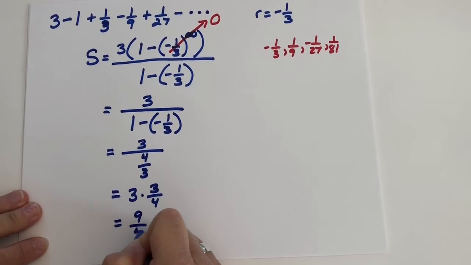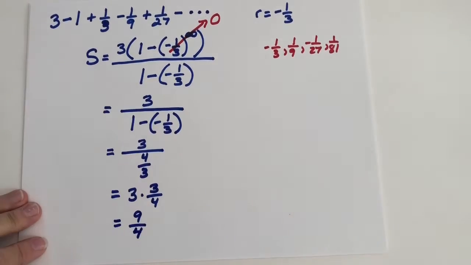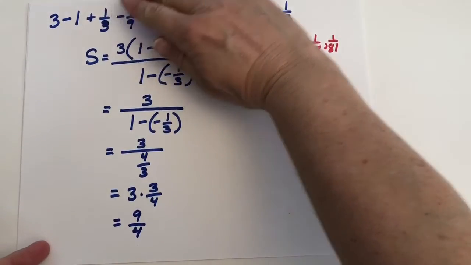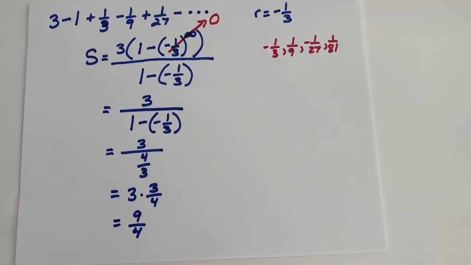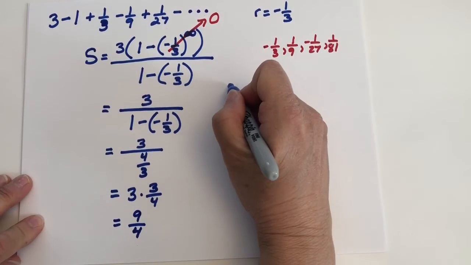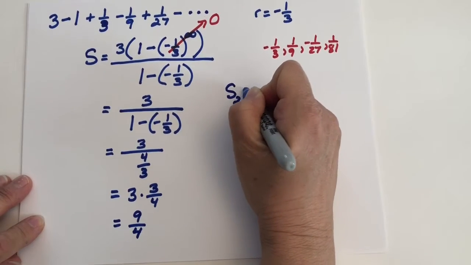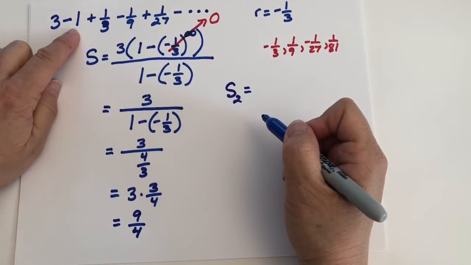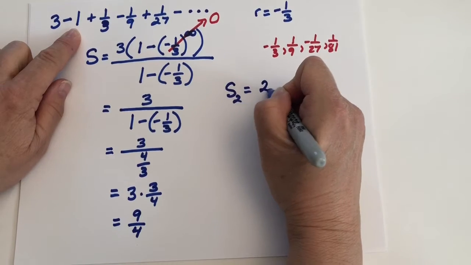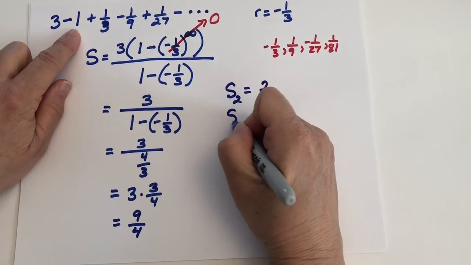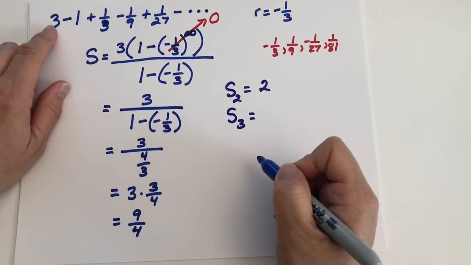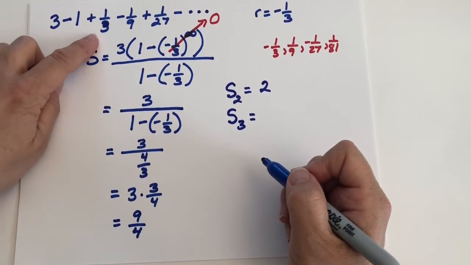So we would say the sum of this infinite geometric series is 9/4. Now, let me just point out that if you just added 2 terms or 3 terms or 4 terms together, you wouldn't get 9/4. But let me show you what you would get. If you found the second partial sum, that means you just added 3 and negative 1 together, you would get 2. If you found the third partial sum, you have 3 minus 1 plus a third, you would get